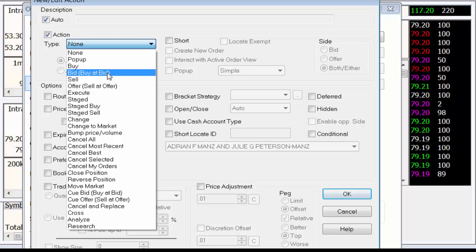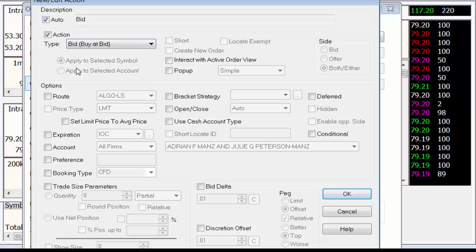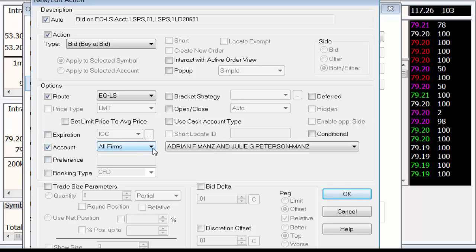Let's say you say buy at the bid, and you're going to use your routing, and you don't want to go with a smart route. You want to go with just a straight up equities route that allows you to get rebates on your trades if you've got your account set up for rebate trading, and then select whichever account you're going to use,